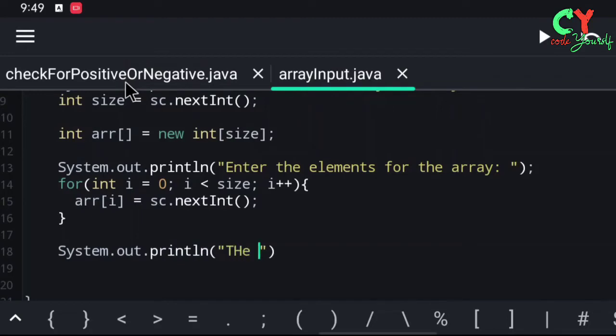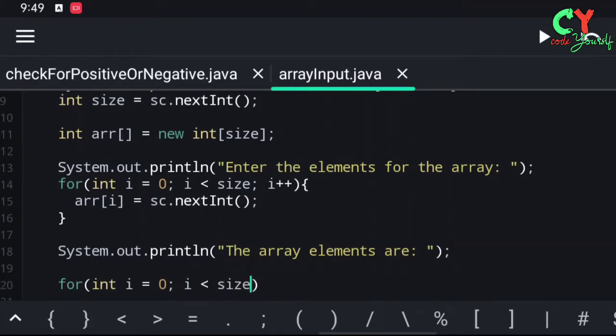Now I am going to print a message: The elements of the array are. Then I will display the elements. In the above code I have stored the elements, and in this code I am going to display the stored elements on the screen, so we will also use a for loop.